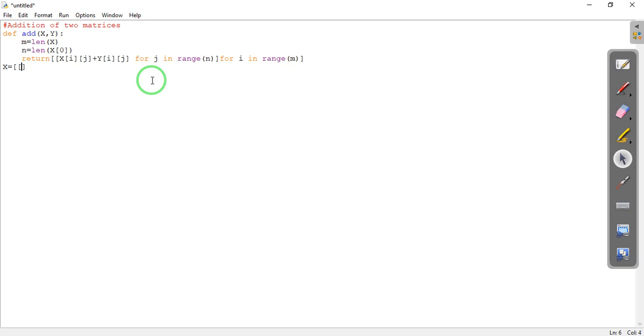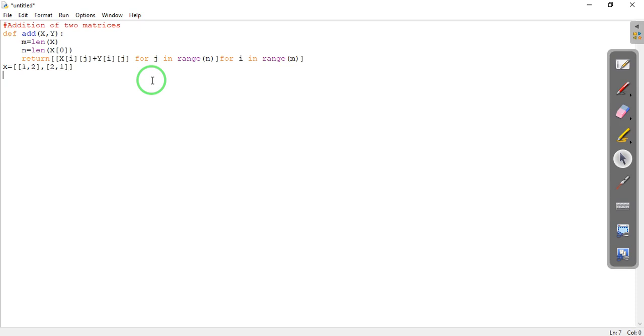Let us take a 2 by 2 matrix. The first row is 1 comma 2, comma, the second row is 2 comma 1. So this is your first matrix x.